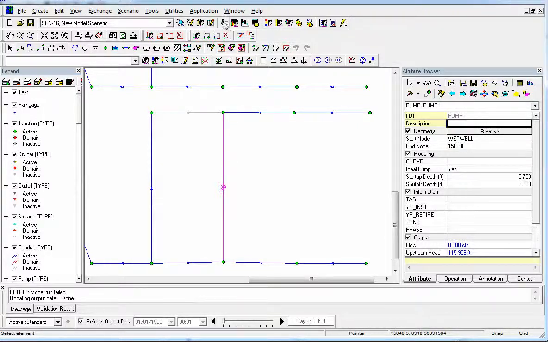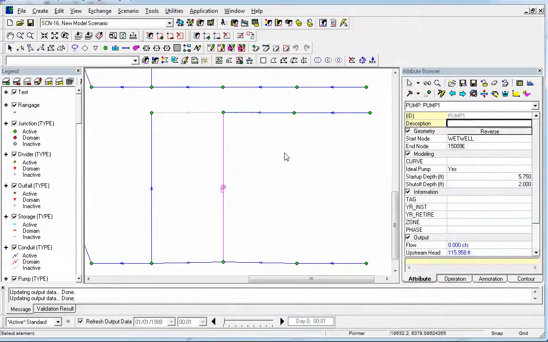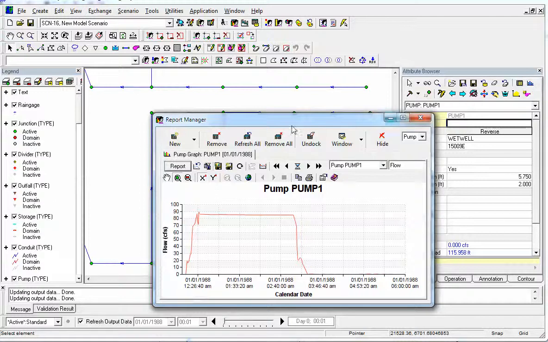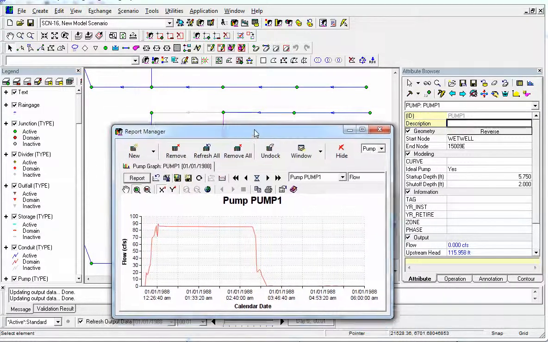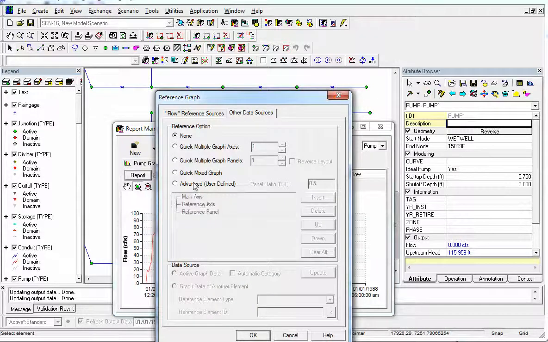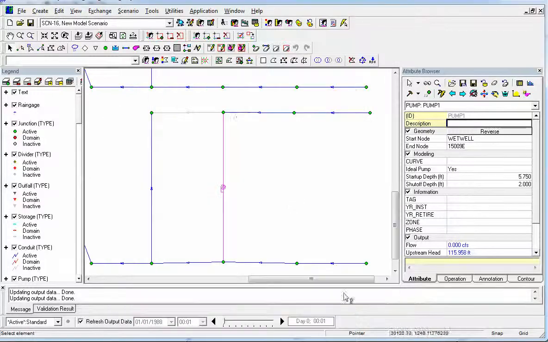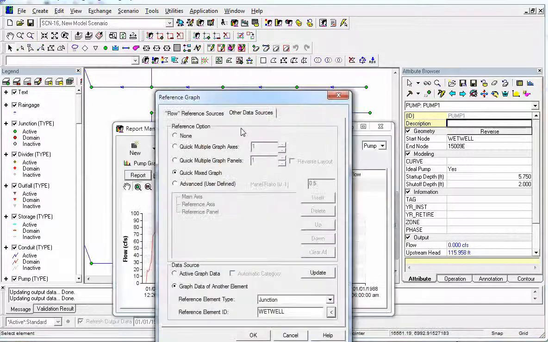So let's go ahead and run this. And now we'll look at the graph of the pump flow. Here's the graph of our pump flow. And what do we see? Well, let's compare it to the reference graph. So we'll do an advanced or a quick graph, and we'll compare it to another element. The other element that we'll compare it to is the upstream node. So we'll look at the upstream node,